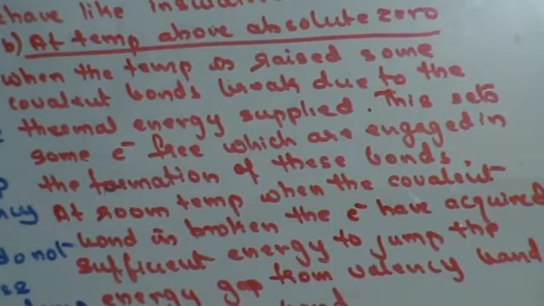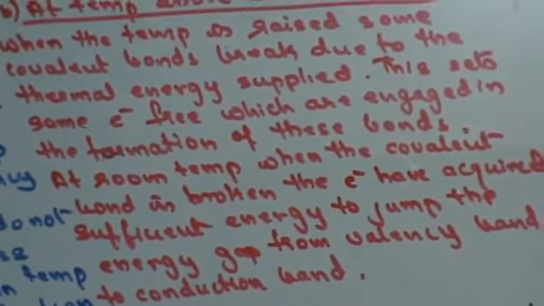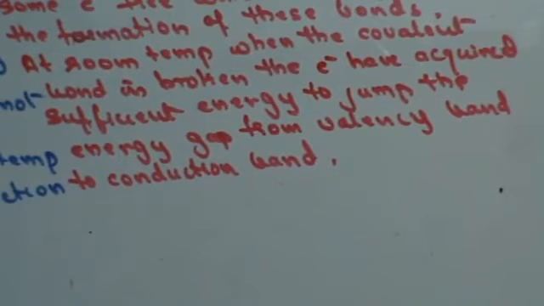Right? So the electrons would have jumped the energy gap from valency band to conduction band. Thus at room temperature, some electrons cross over to the conduction band, which imparts a little conductivity to the